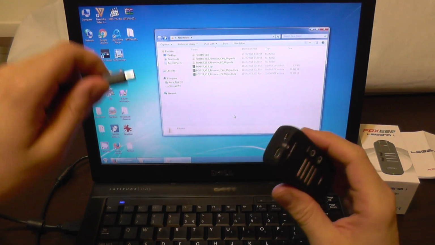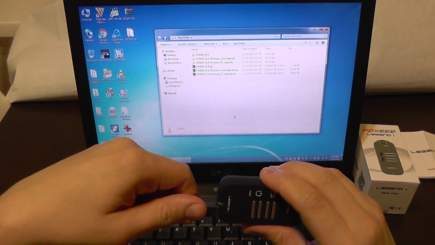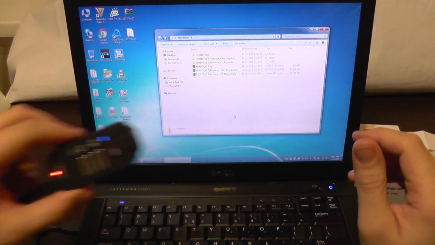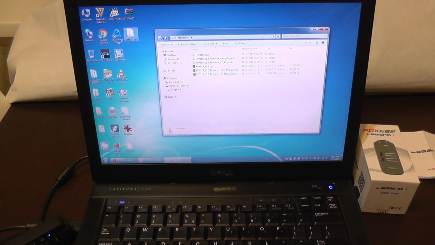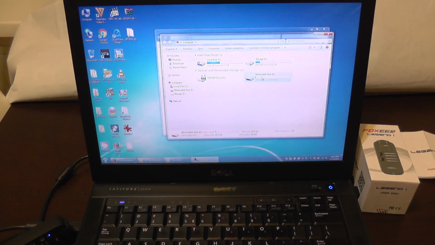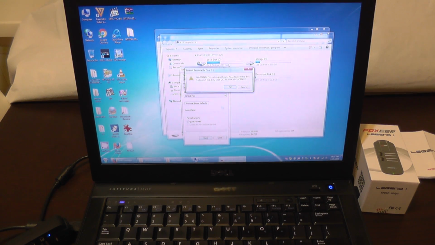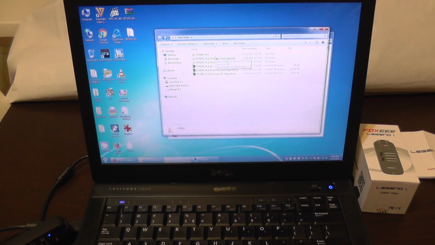So to start the update, I'm going to connect the camera. The camera will be detected as a mass storage device. To be sure that the update will be successful, I'm going to format the card that is inside the camera. So the card is formatted, and now from the firmware files, from the card update folder, I'm going to choose